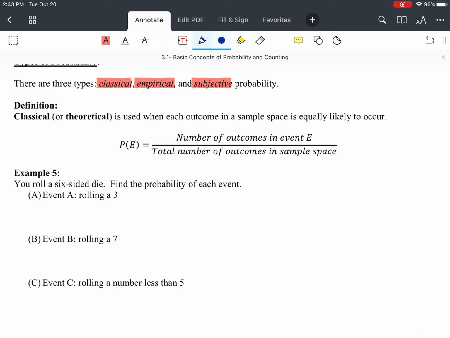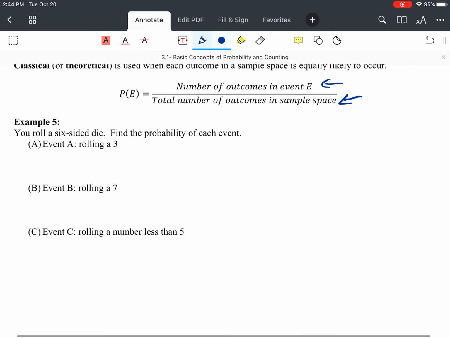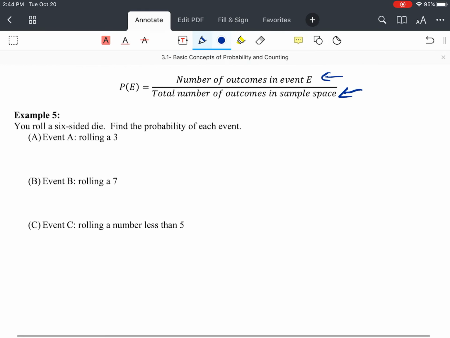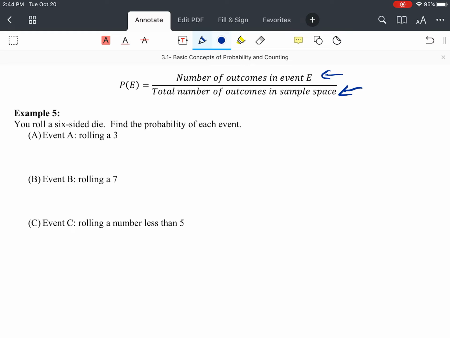Okay, so to set this up, we're going to start with classical or theoretical probability. It's used when each outcome in a sample space is equally likely to occur. Okay, and we set it up like this. We have the number of outcomes in the event E divided by the total number of outcomes in the sample space. So looking at this example, you roll a 6-sided die. We want to find the probability of each event. Rolling a 3, well, there's only one 3 on a die. So we have